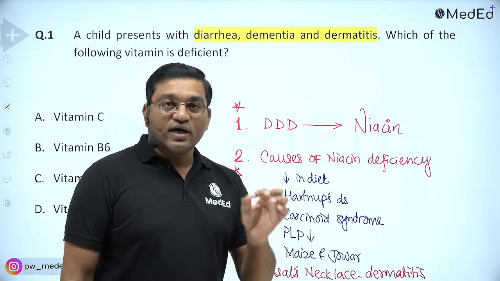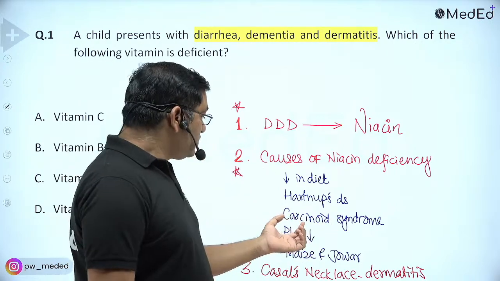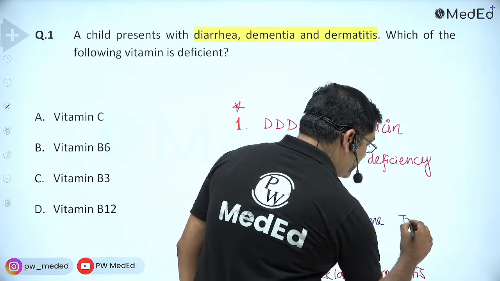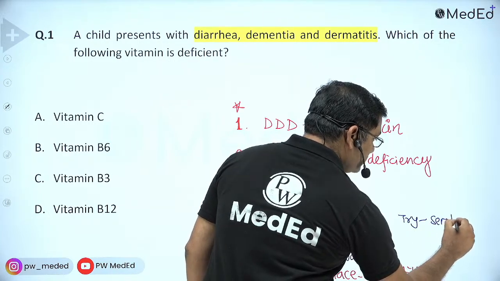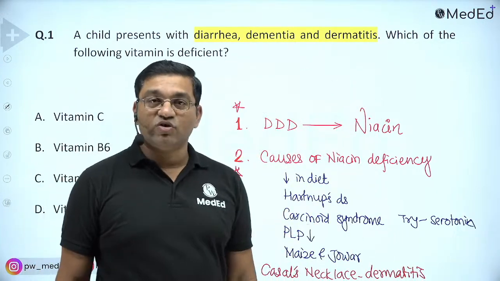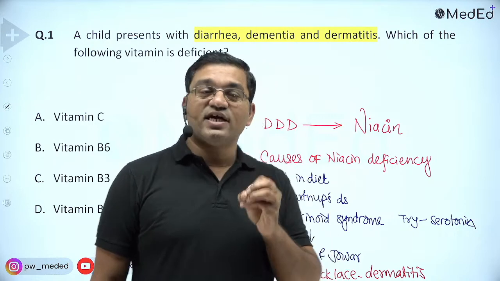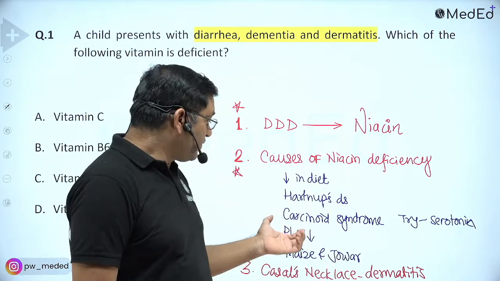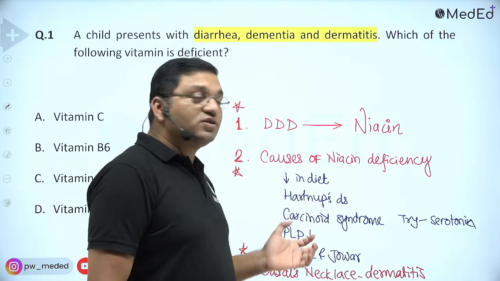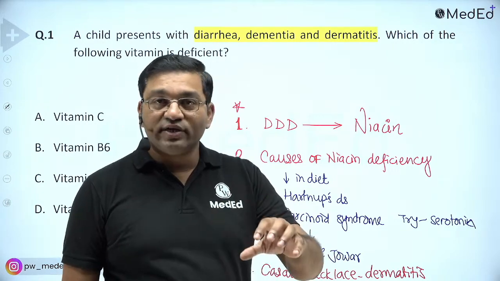Carcinoid syndrome or argentaffinoma is a tumor of argentaffin cells of the intestine in which more than 60% of tryptophan is diverted for serotonin production. So tryptophan is converted into serotonin and will not be available for niacin synthesis, so there is deficiency of niacin. Pyridoxal phosphate deficiency, which is particularly required for the kynureninase enzyme in tryptophan metabolism. If there is deficiency of pyridoxal phosphate, the 3-hydroxykynurenine is converted into xanthurenate and it is excreted